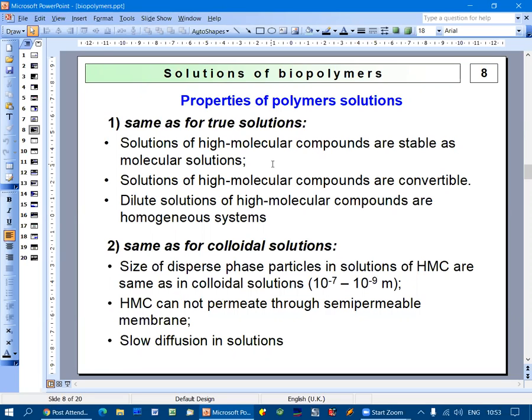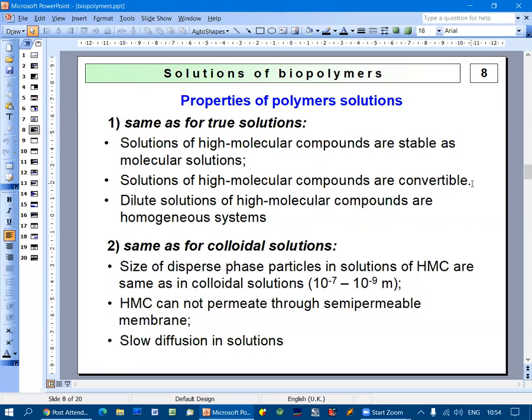The properties that resemble true solutions are the following. First of all, they are quite stable, like solutions of lower molecular compounds. Then they are reversible. It means that if you dry, for example, remove all solvent from a solution of a